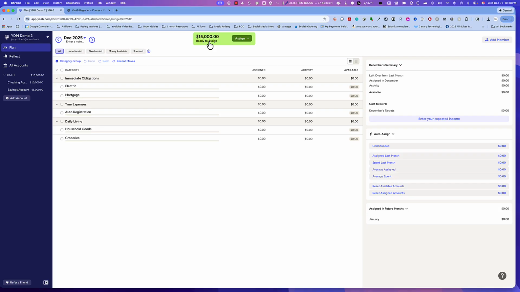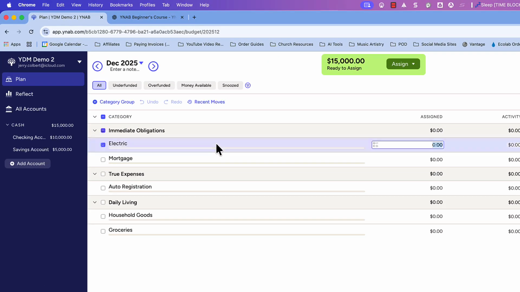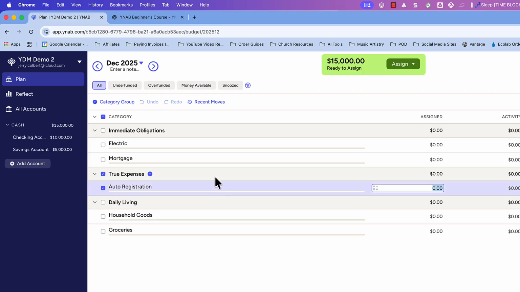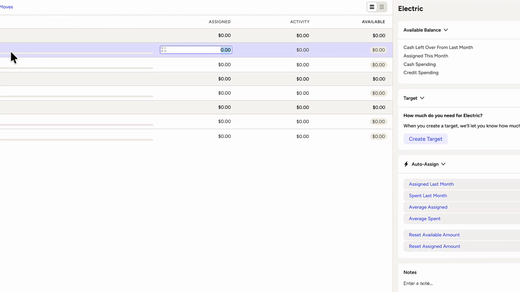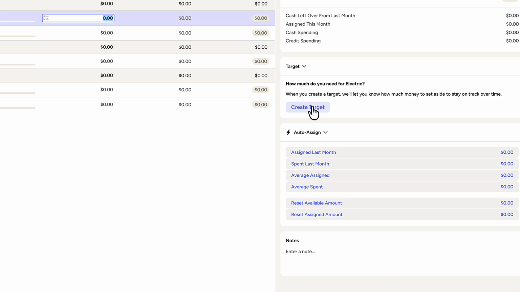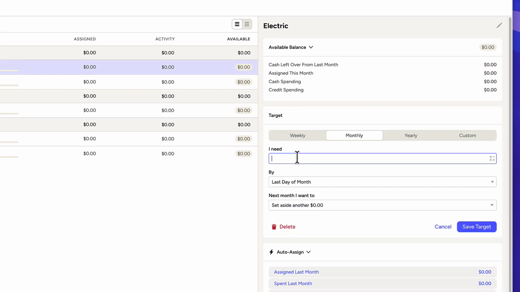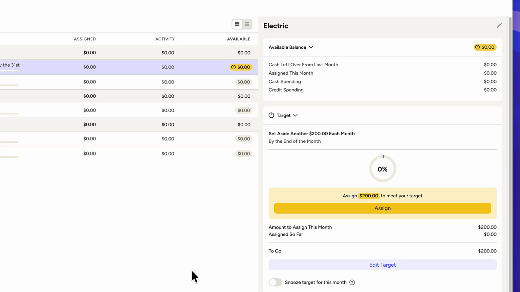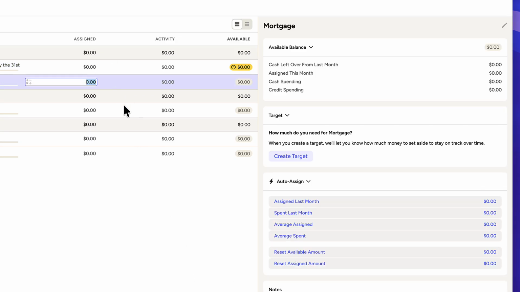Basically, YNAB helps you decide what your dollar is going to do. And when you see this up here, the $15,000, I can assign it to each one of these categories. And I can create what's called targets. Maybe my electric bill for the month is around $200. And we'll go into targets at a later date, but I just want to kind of show you real quick how this can help. Maybe my mortgage is